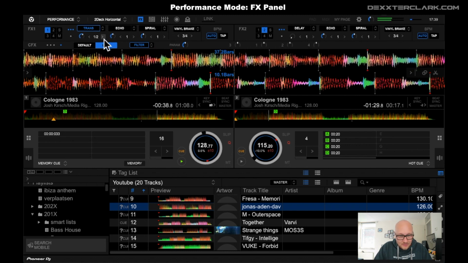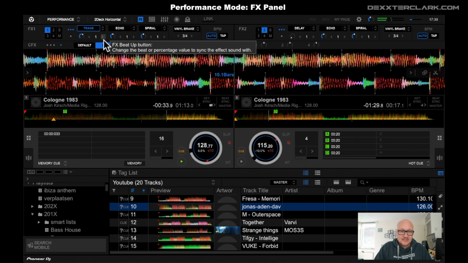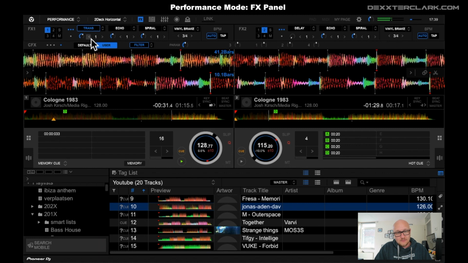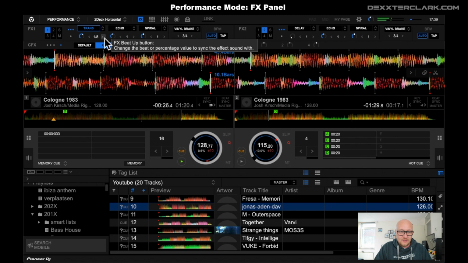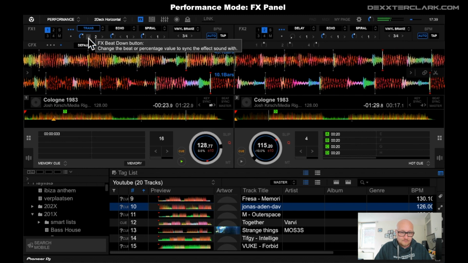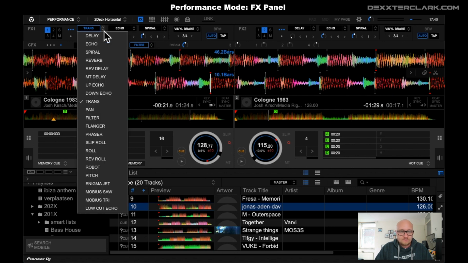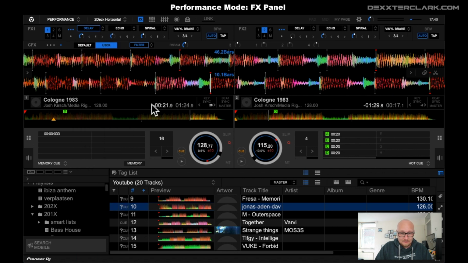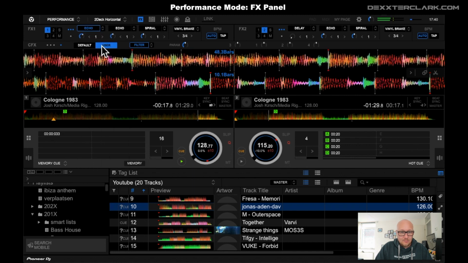You can set the parameters by clicking left and right here. This is applied on 1 beat, half beat, 1/4 of a beat, 1/8, 1/4. There are also other effects here, and you click here, and we can apply, for example, delay, or we can apply echo,